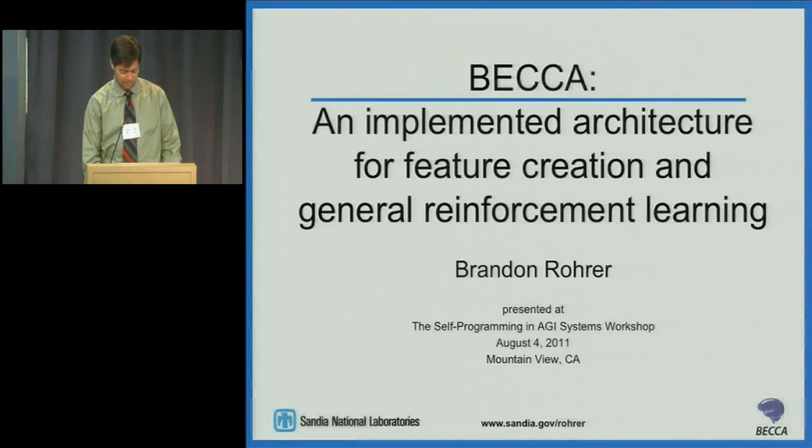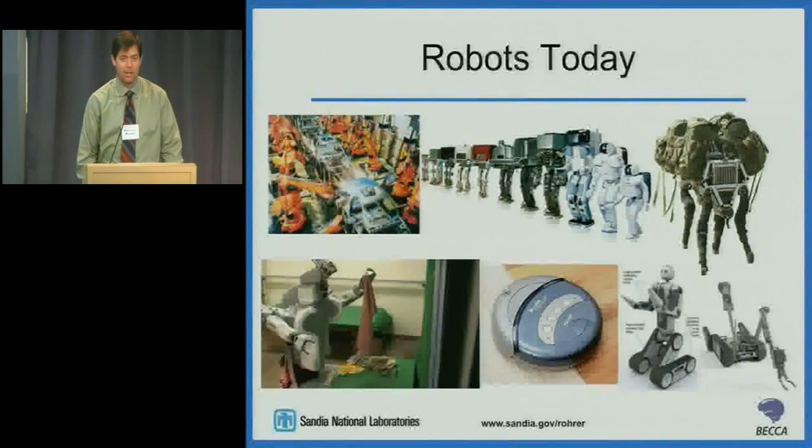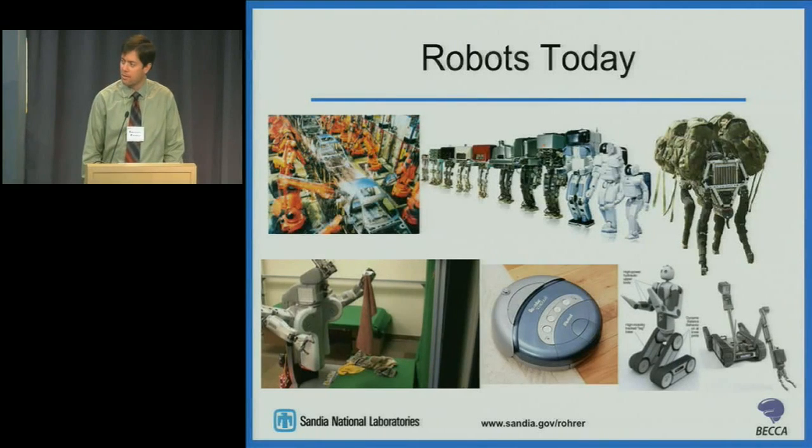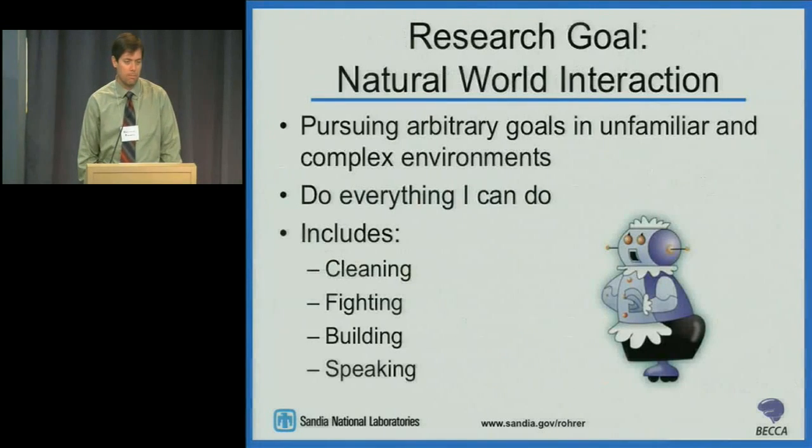So most robots today have one thing in common, which is that they work well in a very structured environment, that is with a known model, or in environments and tasks that are easy to create models of on the fly. My goal is to enable robots to work in environments that are very difficult to model and complex,